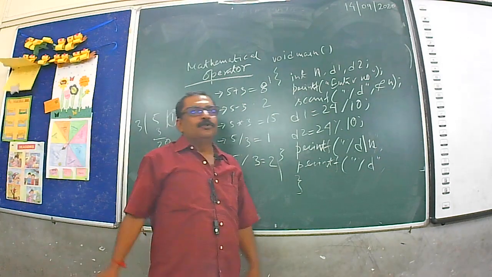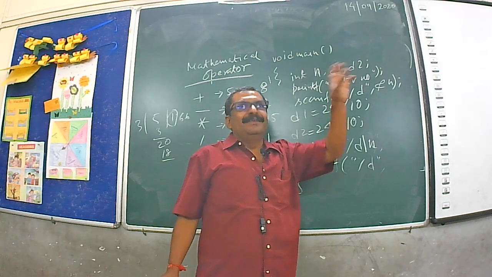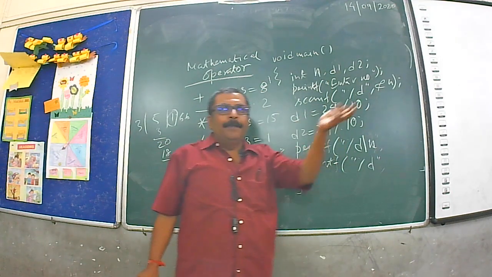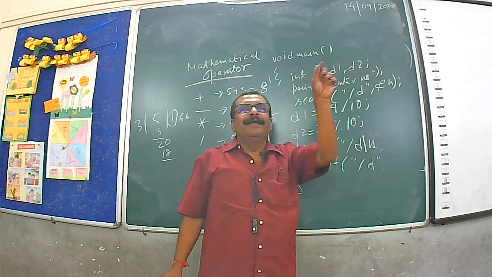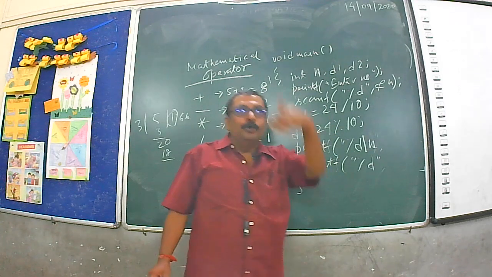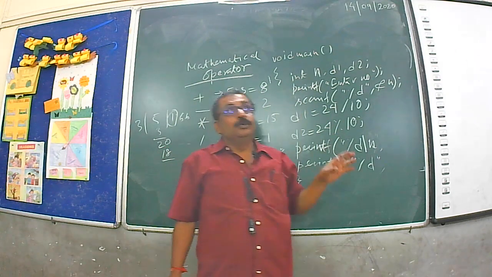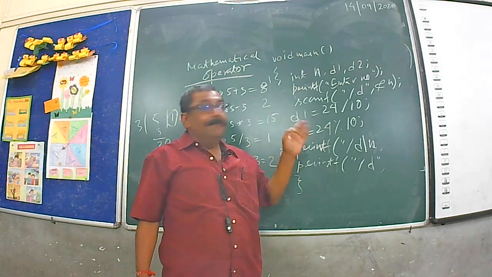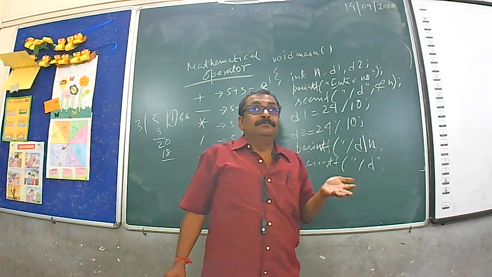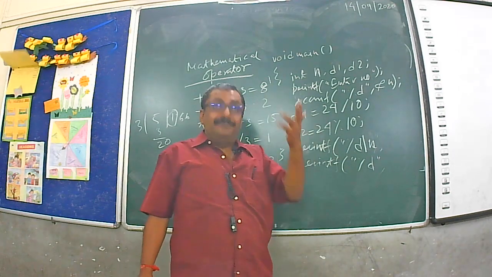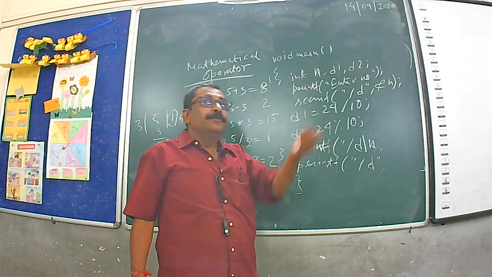So, two more lines to be added. Printf "Enter number" is a plain and simple message. When you execute the program, if you do not write the printf statement, what happens? The cursor will blink, but there will be no message about what to enter. Then the user cannot understand. The user can enter any number: a 2 digit number, a 3 digit number, a 1 digit number, whatever it may be. So, that should be much more clear.